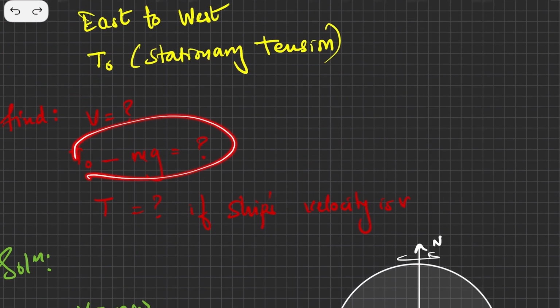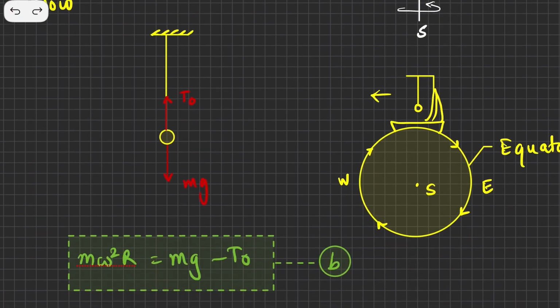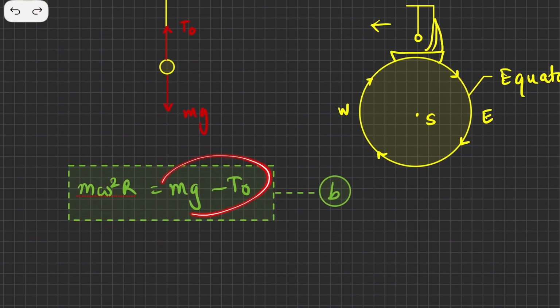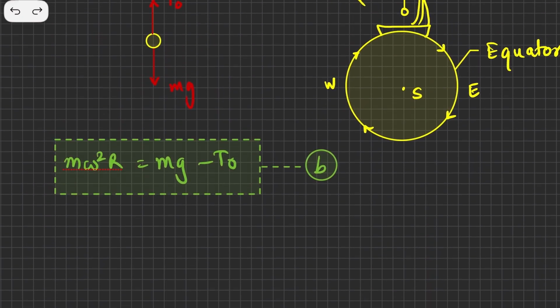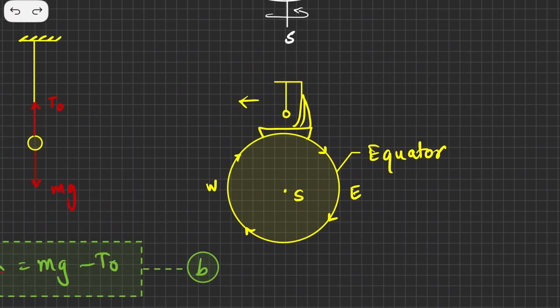In the find, I have written T0 minus mg, but yes, mg minus T0 is also the difference, and that is coming out to be m omega square r. That's the B part. Now the third is, okay,